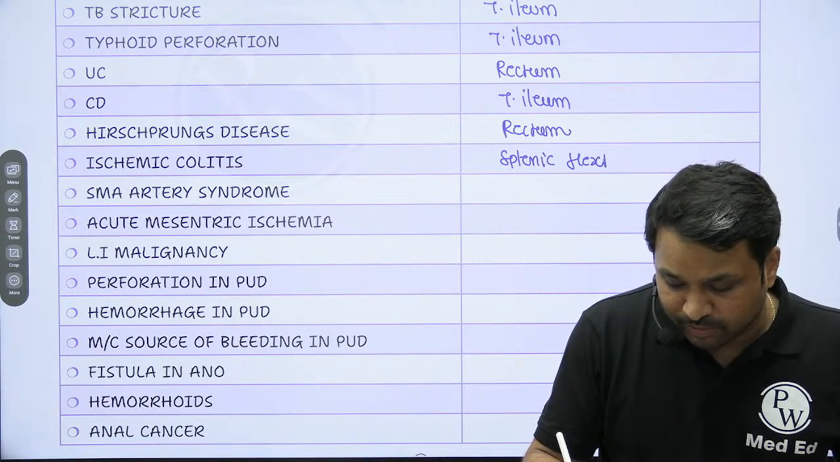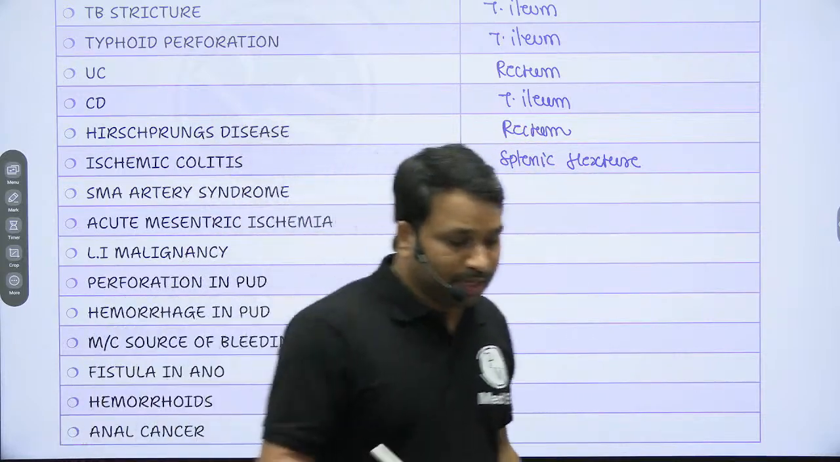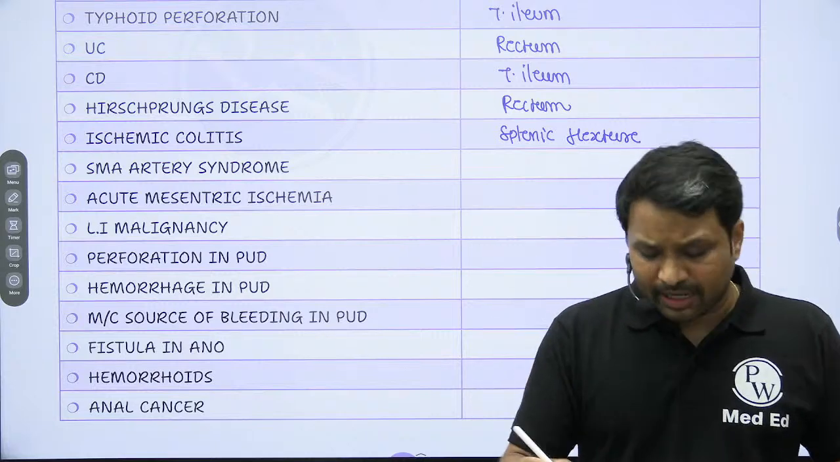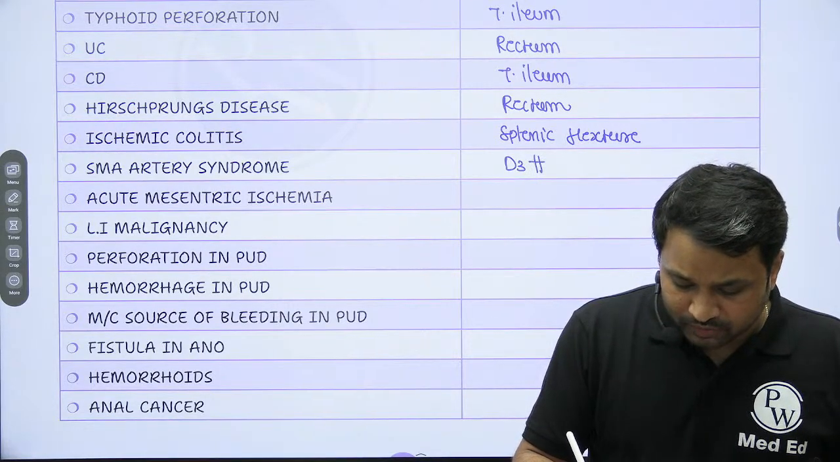व्हाई स्प्लेनिक फ्लेक्चर? बिकॉज इट इज अ वाटरशेड एरिया, दी ब्लड सप्लाई टू दिस एरिया इज गोइंग टू बी क्वाइट लिमिटेड। SMA आर्टरी सिंड्रोम। When we talk about SMA artery syndrome, कौन से पार्ट ऑफ द ड्यूओडेनम को कंप्रेस करेगा? इट इज गोइंग टू कंप्रेस द थर्ड पार्ट ऑफ द ड्यूओडेनम।